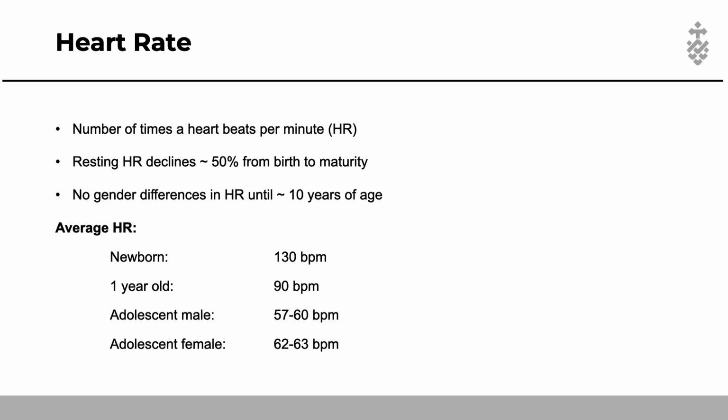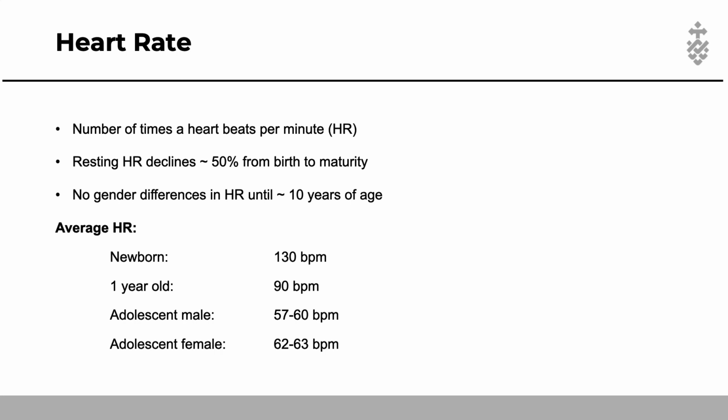In fact, the newborn infant's heart rate can average around 130 beats per minute, and anywhere between 120 to 140 is normal. So with age, this resting heart rate progressively declines. We can see on this slide here. For example, by 1 year old, the average resting heart rate will have declined by about 40 beats per